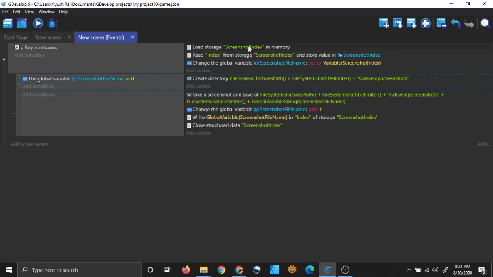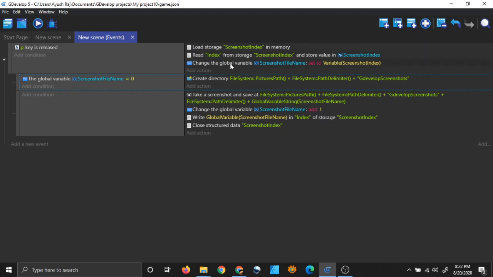Never. You have just started the game and has not saved this file, so you will not have this file. So these two lines will not run. If this file is not present in the memory, these two lines are useless because when the file is not there, what will you read from it? How will you load it? So these two lines will not run.